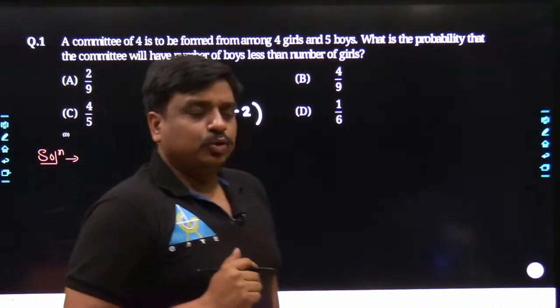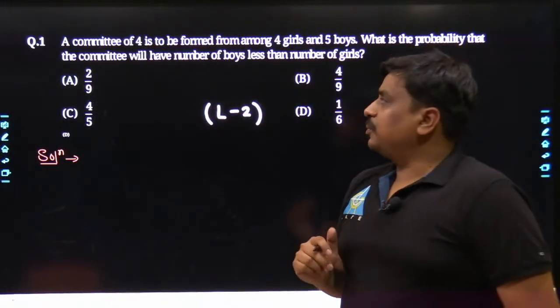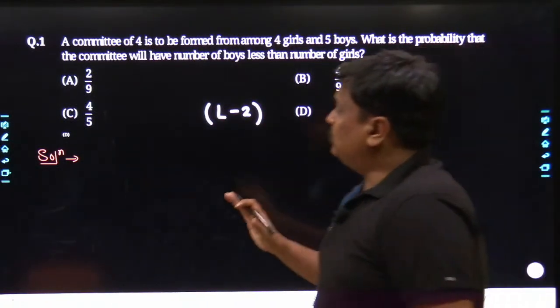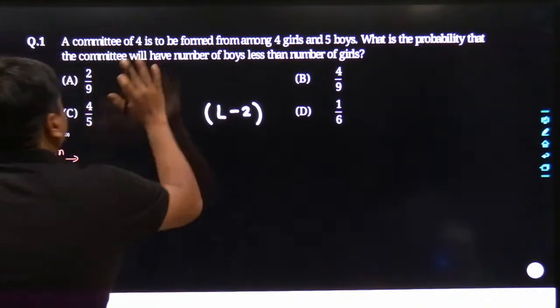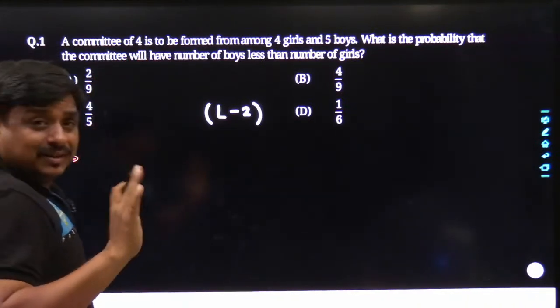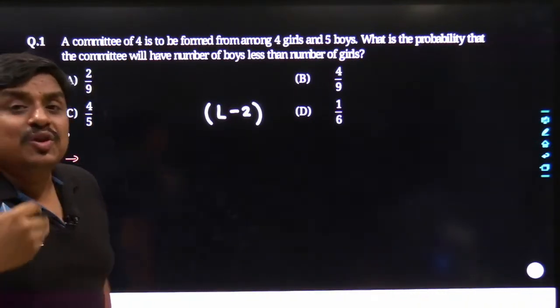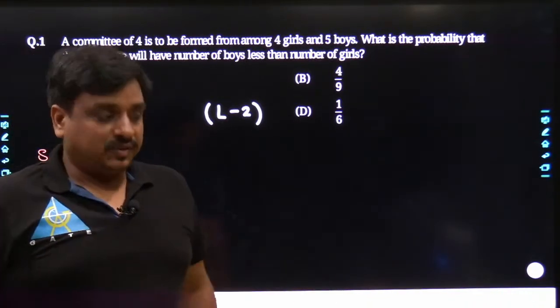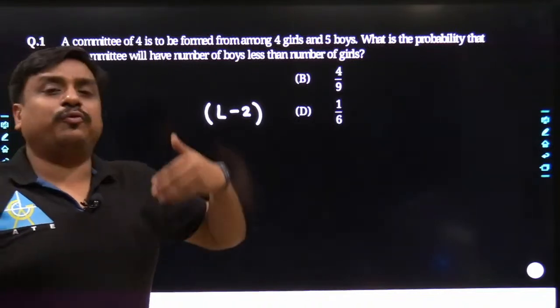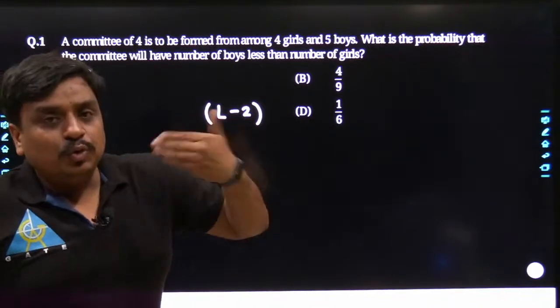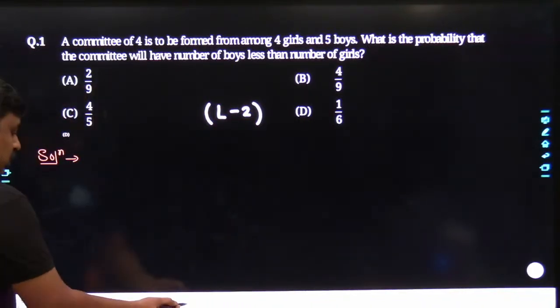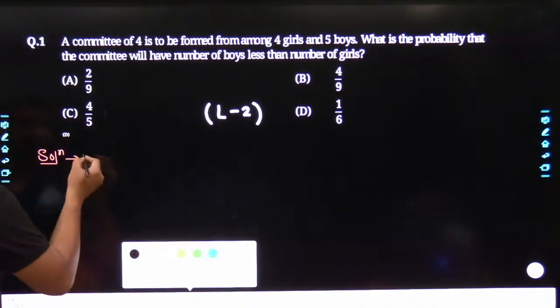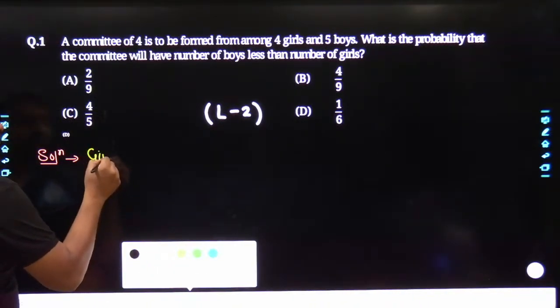Tell me, what would be the best answer for this given problem? My dear friends, it has been clearly given that a committee of 4 is to be formed. What does that mean? That means whenever the formation of the committee takes place, I have to accumulate 4 members. Out of 4 members, few could be girls and few could be boys. But one thing is quite sure, the first data which has been clearly given, if we talk about the given data,